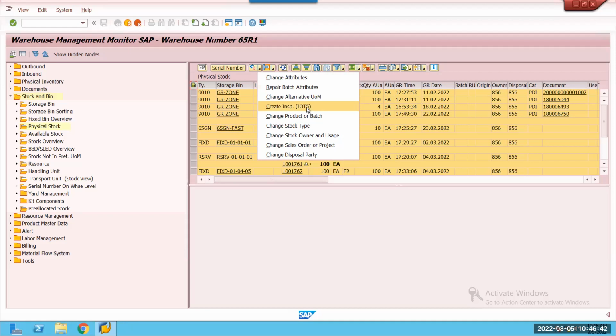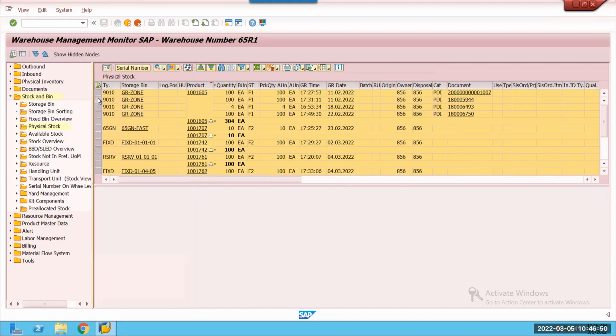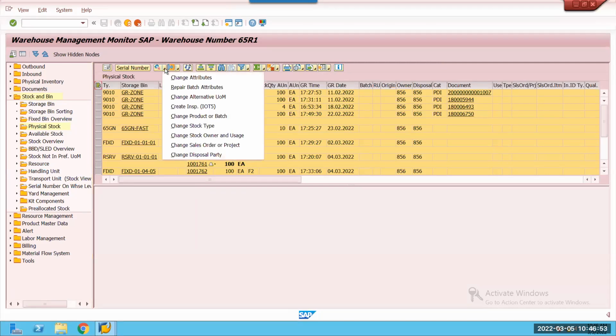Okay. And you can move the material, I think, all these things to quality inspection differently. Otherwise, actually, there is a report. I don't remember. Maybe I can talk to you on this. You can send the material to the quality inspection in a mass. Otherwise, you can send all of them into the quality inspection queue first.